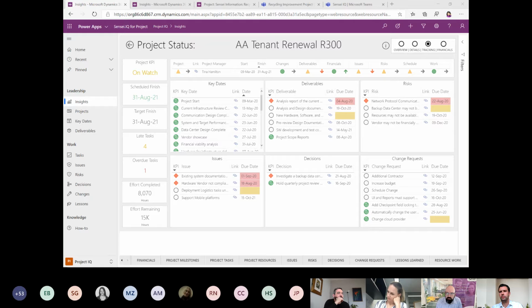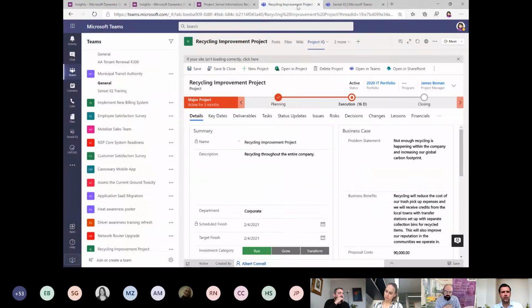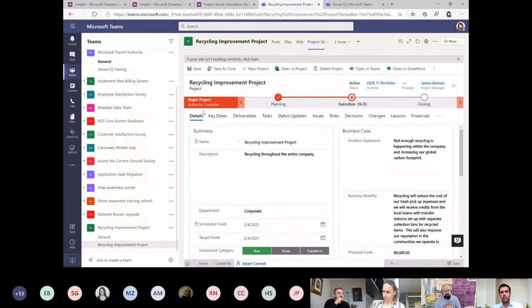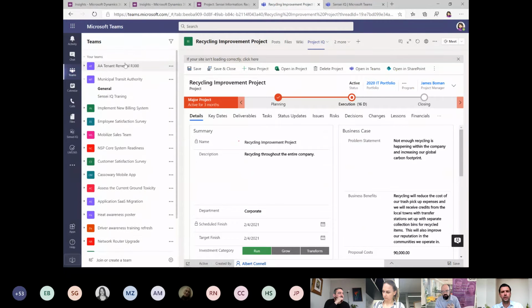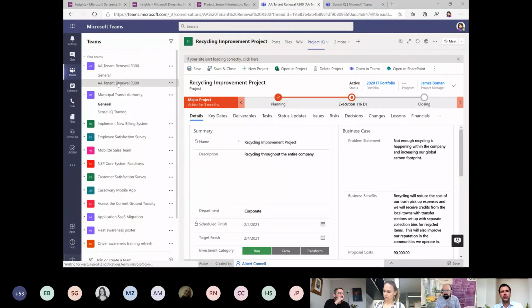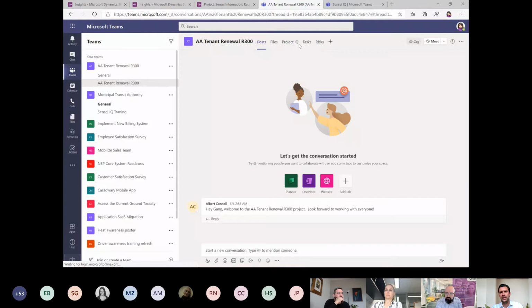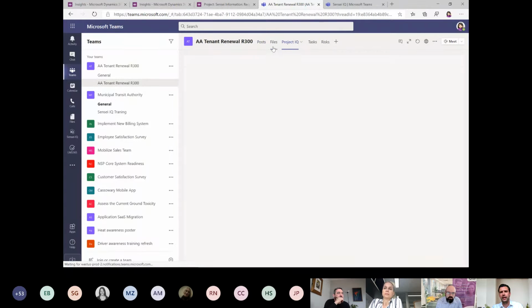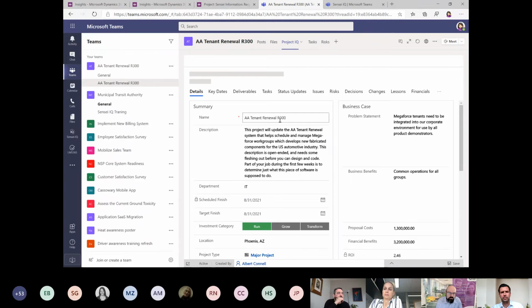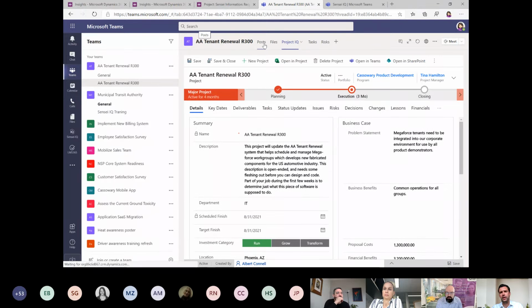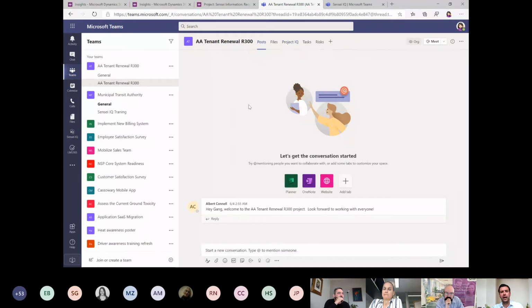Okay, cool. So in terms of responding to that, we can actually do that through Teams here. Some of our projects have a Teams group for this. So for our tenant renewal project here, if we have a look, we get some of the information in Teams itself. We can start to look at the product itself. Part of the collaboration piece here, hopefully it's quite helpful, is that we can jump into the Teams channel for this project for easy communication,